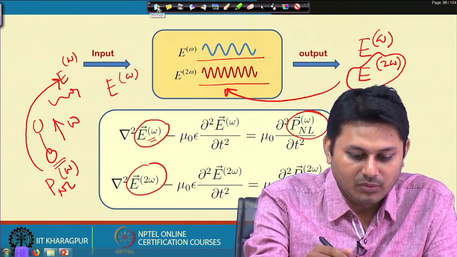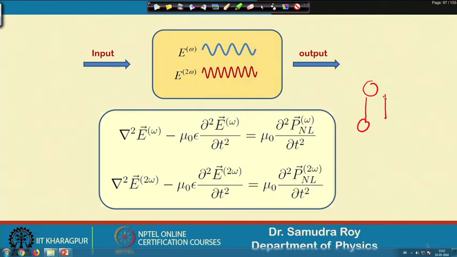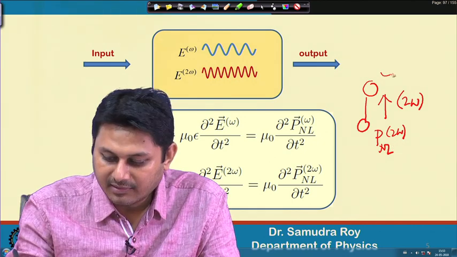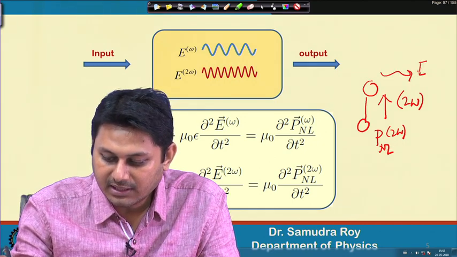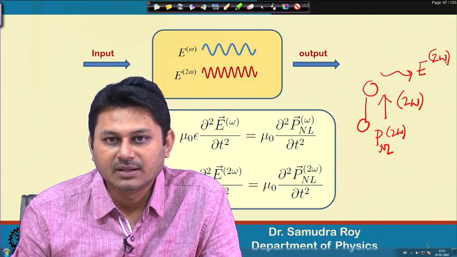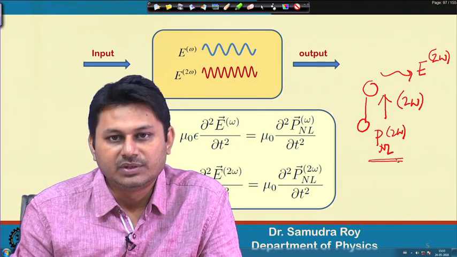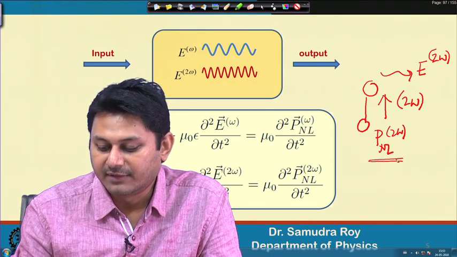Exactly in a similar way, suppose this is my dipole, and it is now vibrating with the frequency 2 omega. When it is vibrating with 2 omega, my nonlinear polarization can be represented as P nonlinear 2 omega. This is the way it is vibrating, and as a result it is generating an electric field with the same frequency 2 omega. So, that means the generation of 2 omega is essentially supported by the nonlinear polarization which has a component